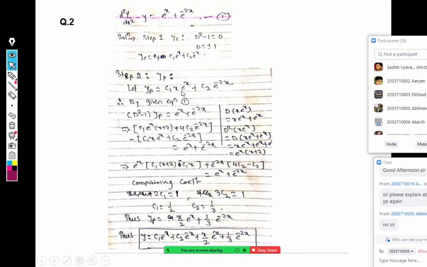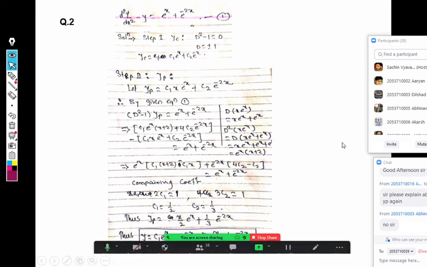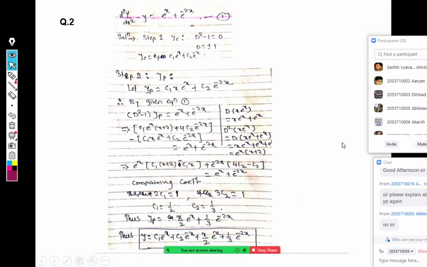So here is c1 x e raised to x plus c2 e raised to minus 2x. Replace this value in the differential equation. We require the second derivative, and you will write everything, compare the coefficients, and get the answer. The remaining steps are simple. Selecting a trial yp is the most important thing, and sometimes d square, d cube comes. Then it becomes a little difficult by the product rule, since x is multiplied and you have to apply the derivative. Any doubt in this question too?